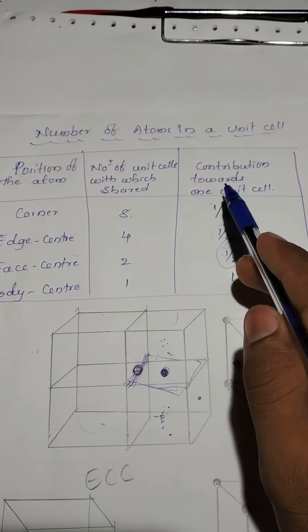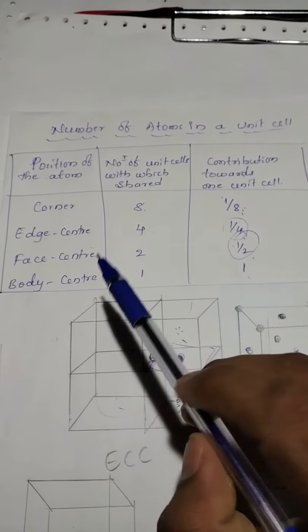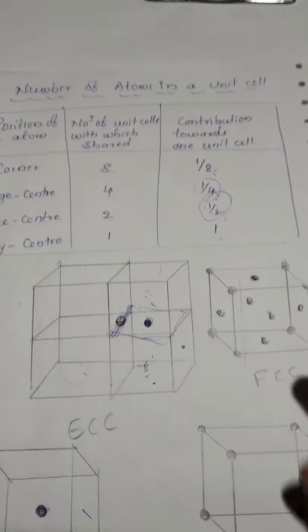So the contribution towards one unit cell is 1 by 4. Face center unit cell. See here, this is a